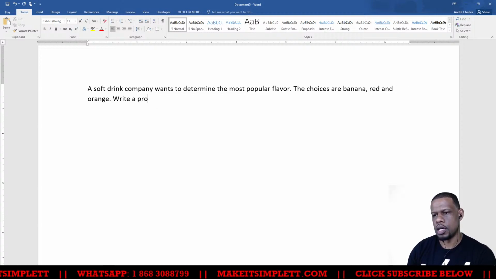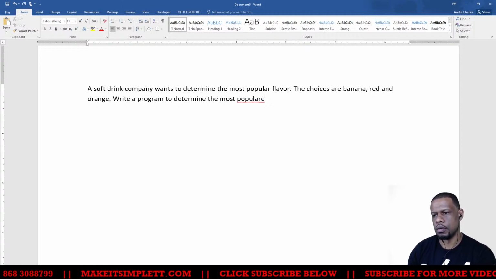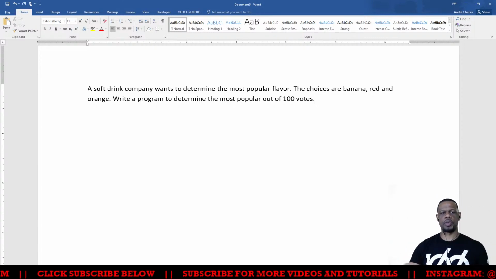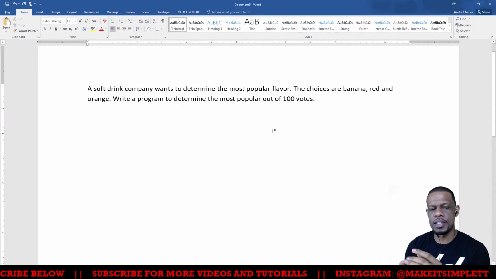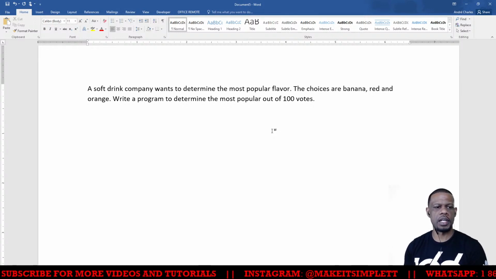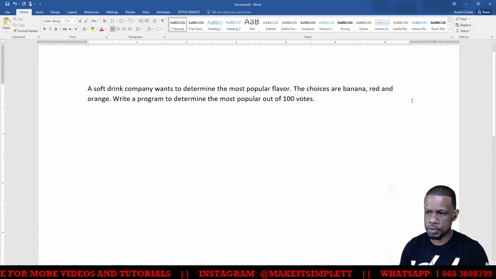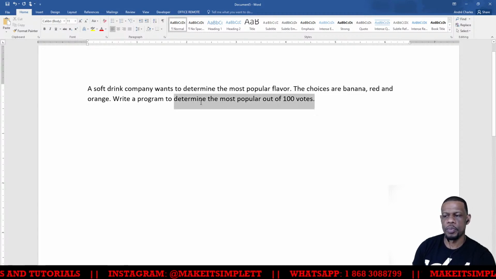Write a program to determine the most popular out of 100 votes. That's a very straightforward SBA program that you will get to do. Almost all of them are going to ask you something like determine total cost, where you're doing a loop, reading the information and adding to a total. So this one is simple. We want to choose between banana, red, and orange, and determine the most popular out of 100 people.